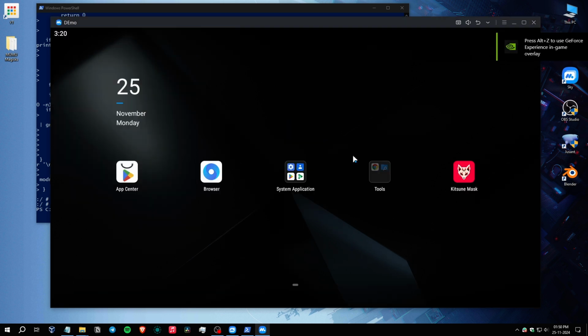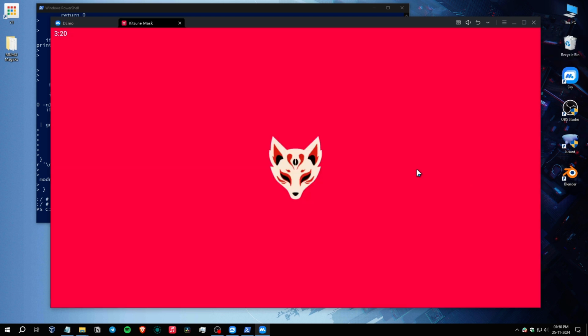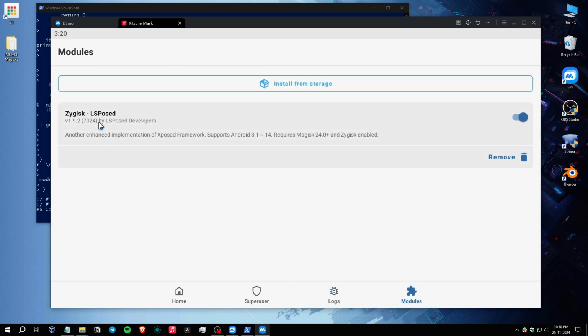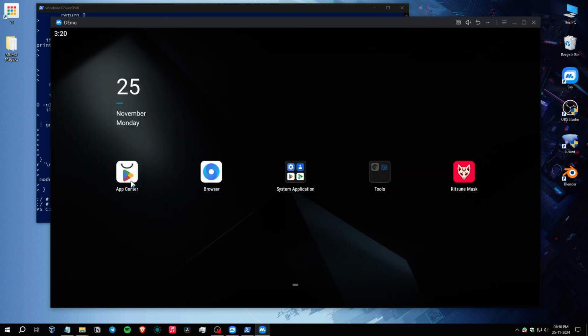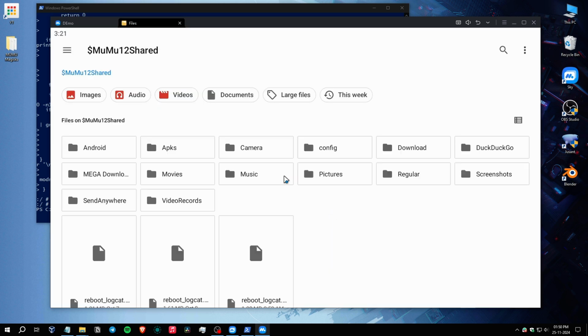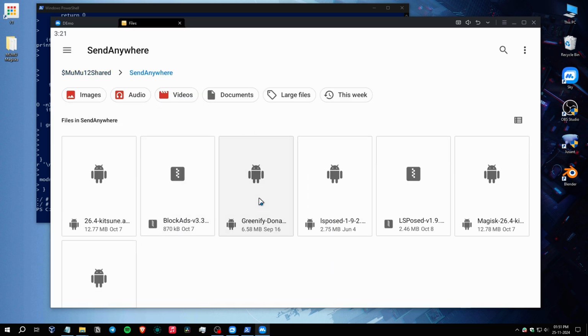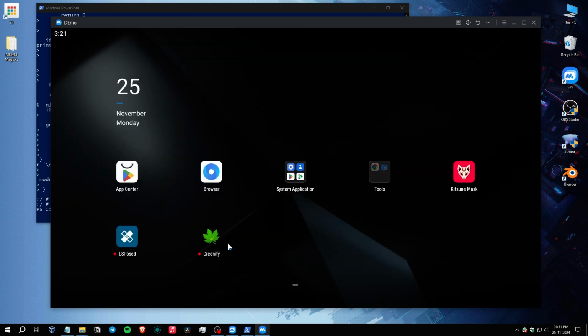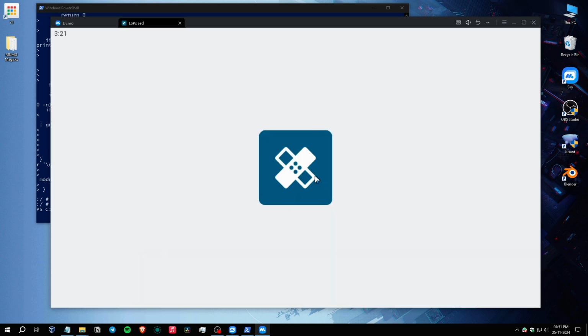After waiting a few minutes, our emulator is here. Now you can see we have successfully installed LSPosed. Okay, where is LSPosed? Now we have to install the APK. And I like to install Greenify. Without Greenify I don't get the feel of root. But right now let's open